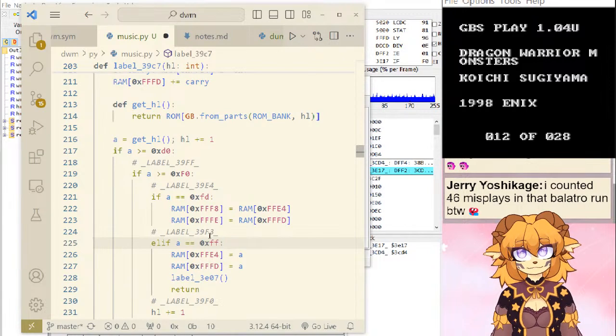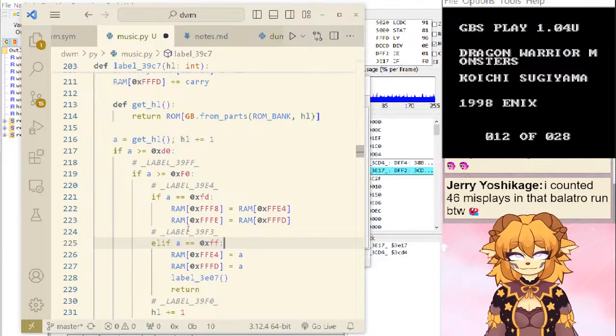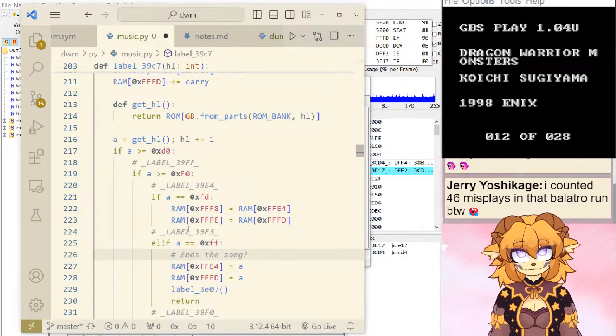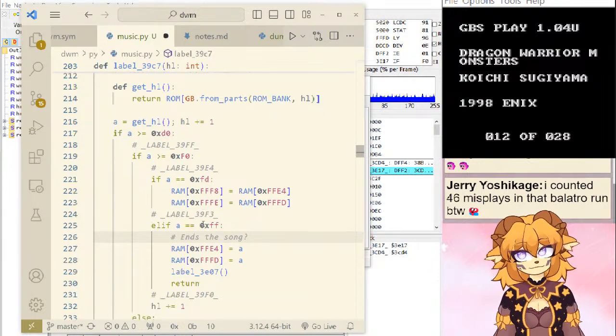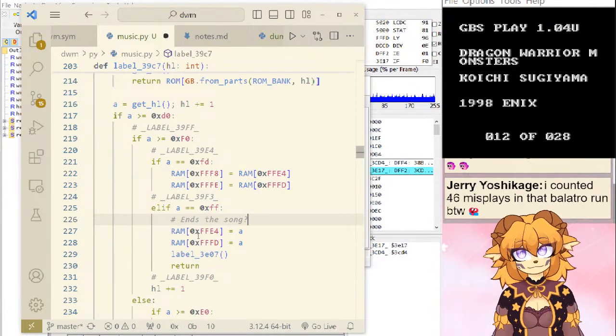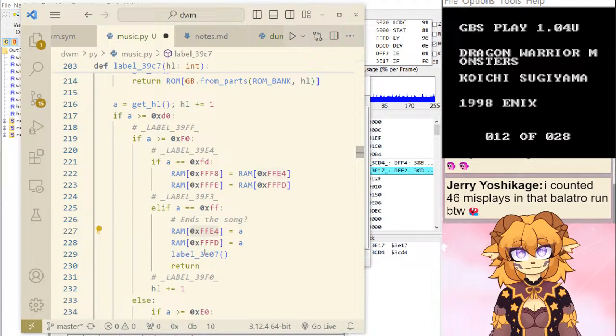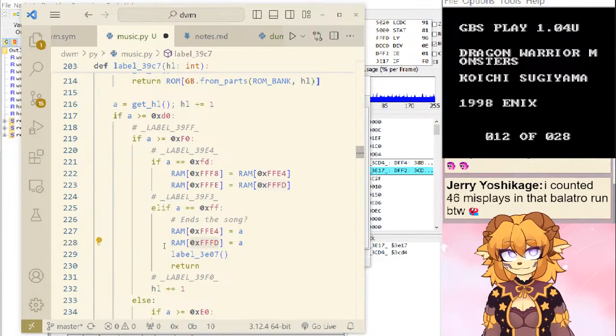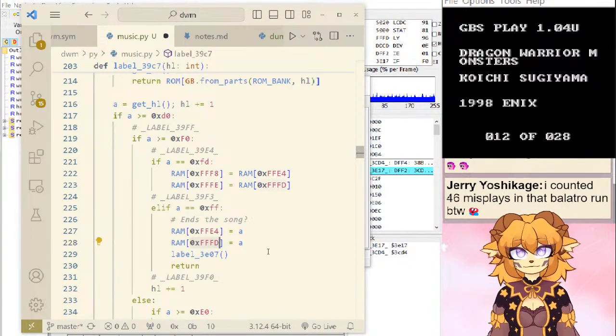Okay, so this looks like FF. The FF maybe ends the song. My guess for this, these are the memory positions for the step counter, the position in the current song.